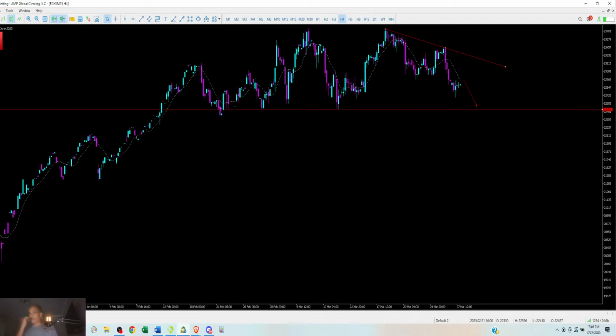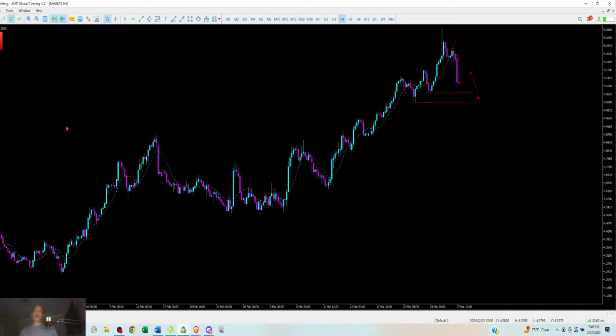So about 5 weeks now we've been moving sideways, and so it's not anything I'm interested in beyond small targets. So again, short-term bearish on the DAX for sure, but long-term unclear to me. Okay, copper again, short-term bearish, longer-term unclear,